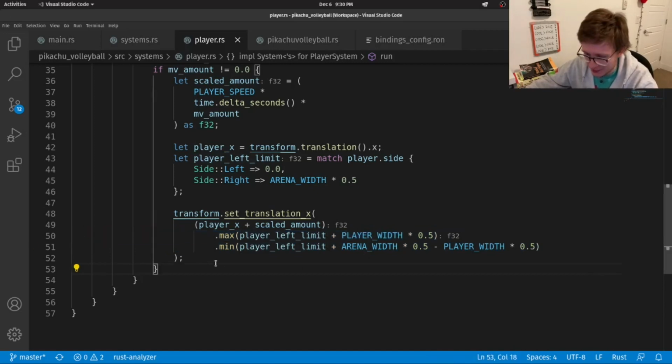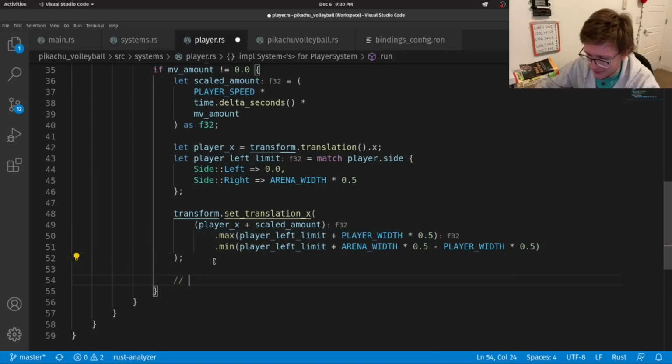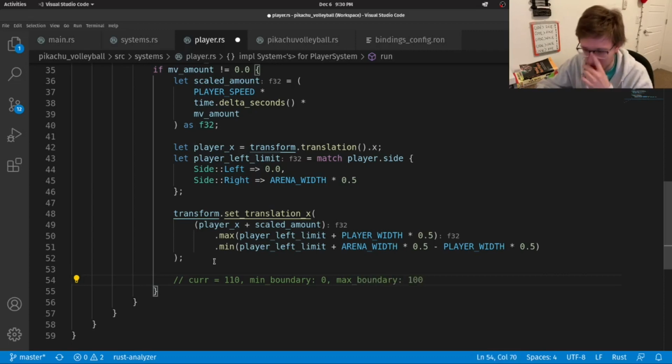So for example, say that we have a current position of 110. Say that our minimum boundary, I'll call this min boundary, is 0. And our max boundary is 100. Right, so we're currently off bounds on the right side, on our max boundary. And these are all x positions.